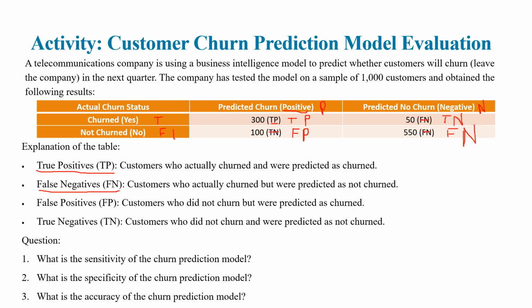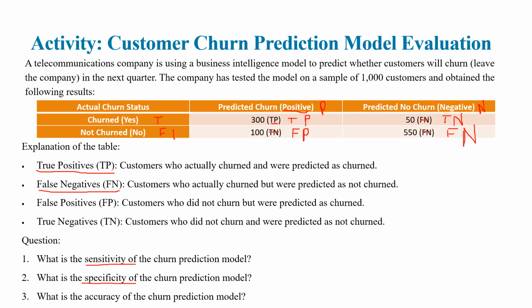The rows show the actual, and on the column side it's the predicted. So we have some questions: we want to find the sensitivity,